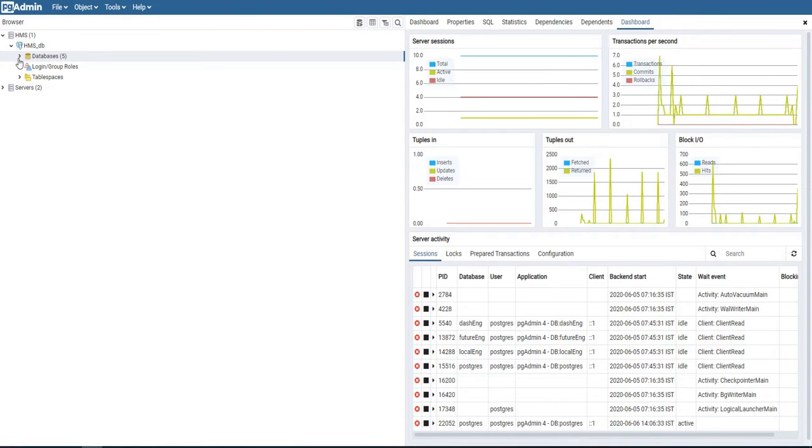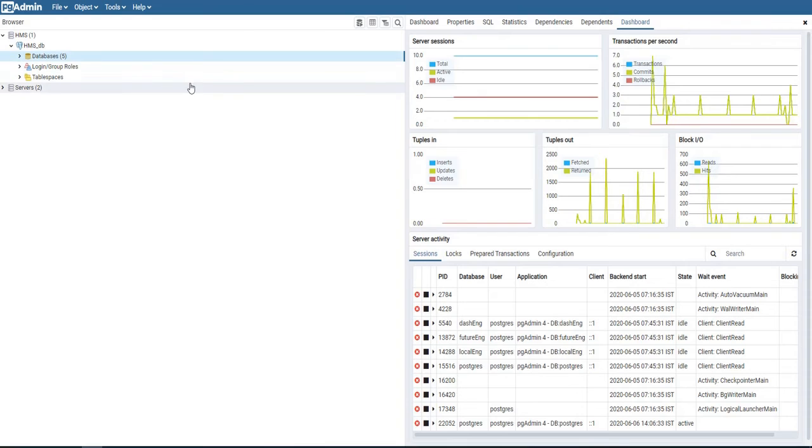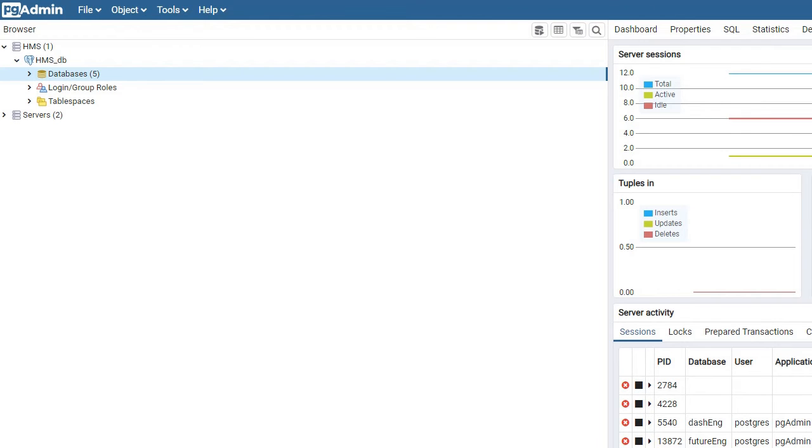Once you click on save, you will see that one database has been created. As you can see, I have a few old databases as well, so they also have been included in this. I will click on this drop down and you can see the whole HMS DB created.